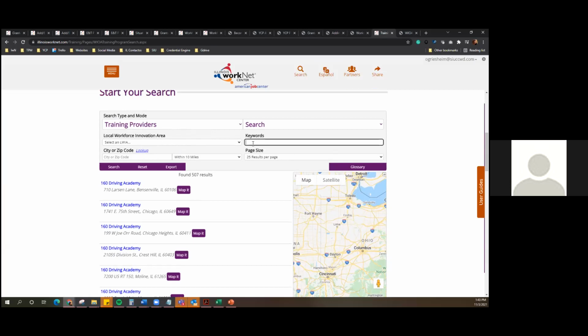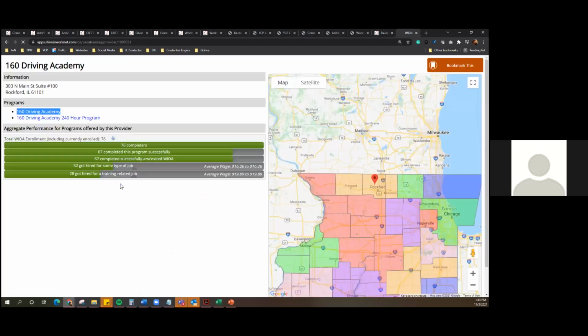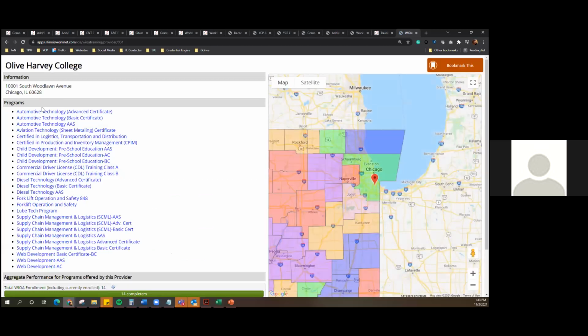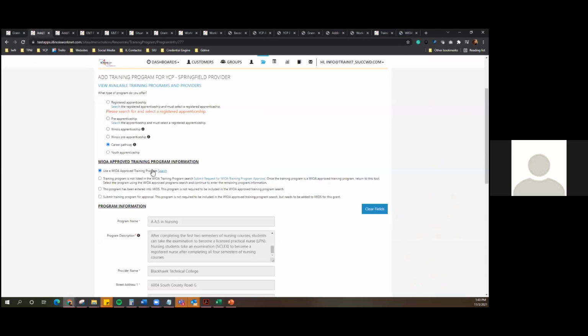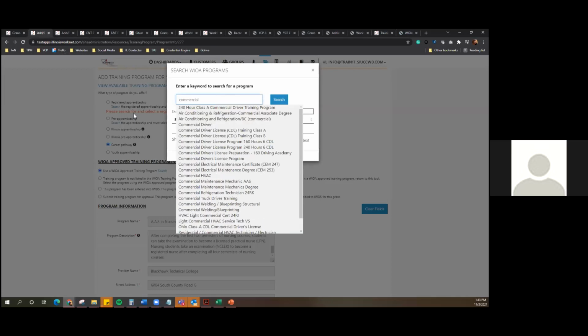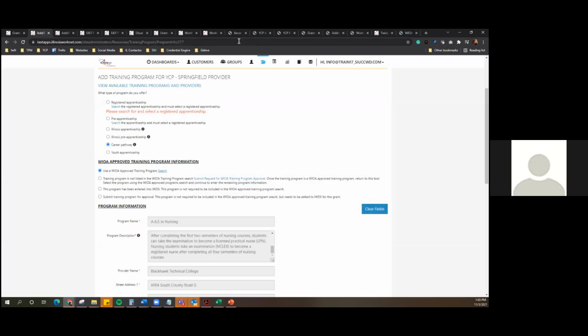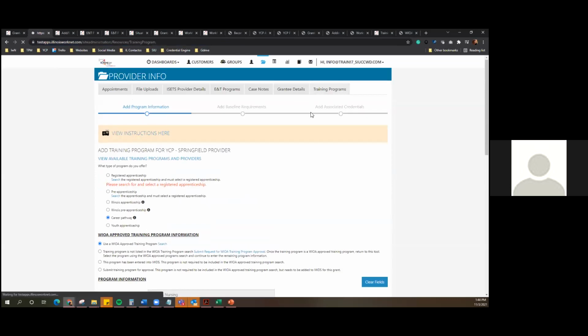Right, there might be some weird glitch like with the other one. Let's see. There's Olive Harvey. So do they have CDL and forklift both? They're providing both of those for you. Is that right? Or am I making that up? Yes. Here. Let me actually do a refresh of this page.